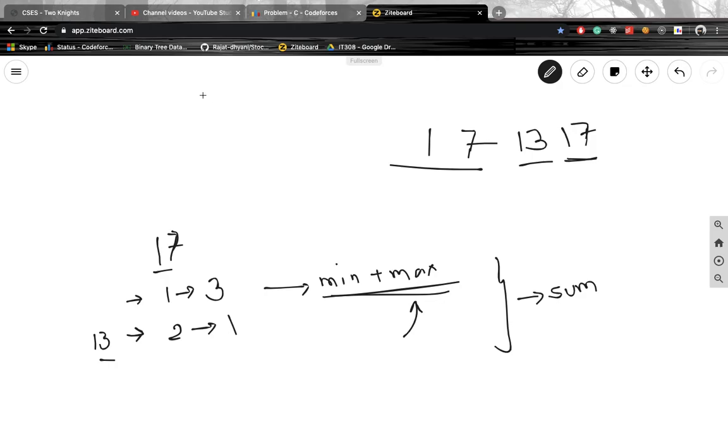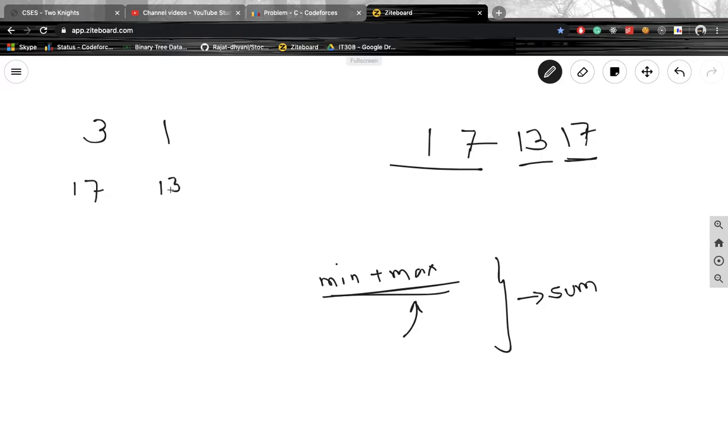For this we have 3 and 1. If I give 17 to this and 13 to this, it will give me 13 plus 13 for this, and I obviously have to give 1 and 7 to this one only, so for this it will be 1 plus 17.